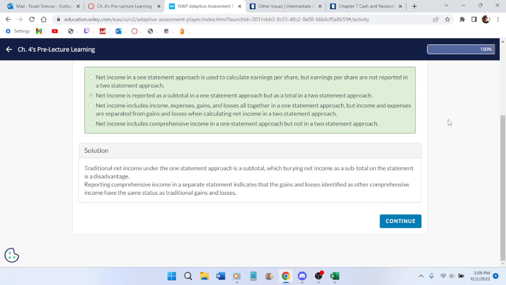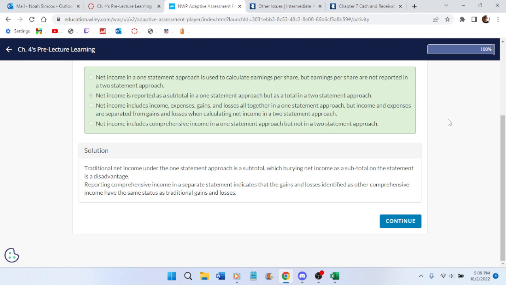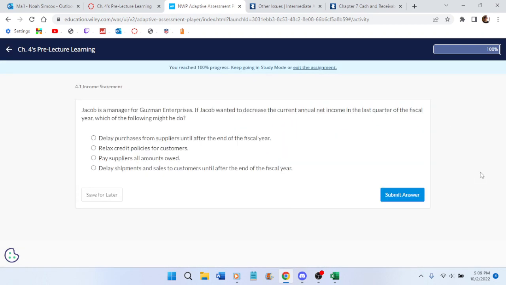Reporting, why is the grammar so bad? Reporting comprehensive income in a separate statement indicates that the gains and losses identified as other comprehensive income have the same status as traditional gains and losses. Wait, how does that even work? What? Jacob is a manager for Guzman Enterprises. If he wanted to decrease the current annual net income,